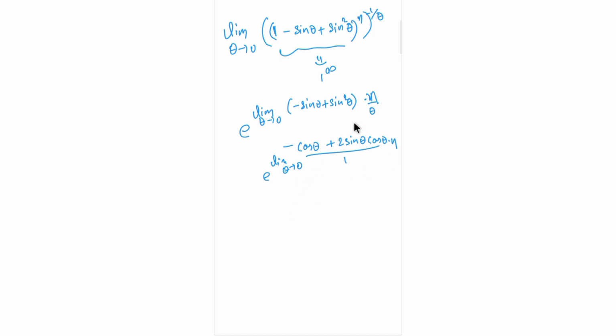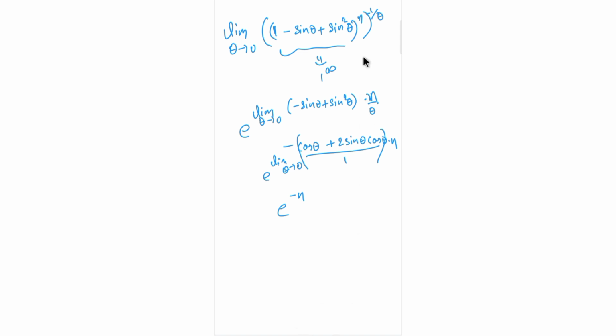So after putting theta 0, I would get e power minus 1, this whole term tends to 0, into n, right? So I get minus n. Okay, so this is how you do that. So it's (1 minus sine theta plus sine square theta) whole power n in whole power minus 1 by theta. So I can just write this as whole power minus n by theta, isn't it? So that n by theta I have written here, and after putting theta 0 we would get cos 0 to be 1, and that's what I've written. So this is how you do it basically.